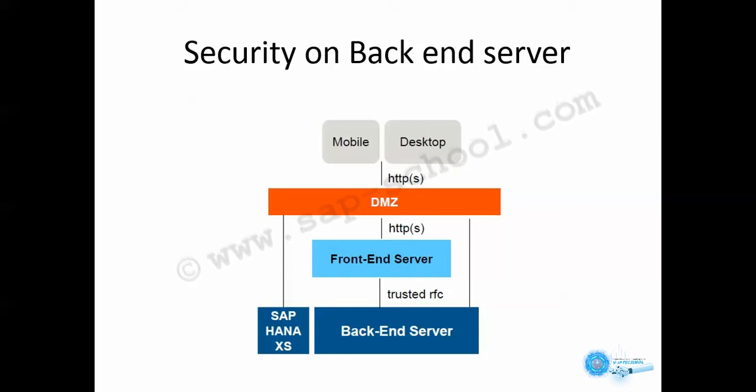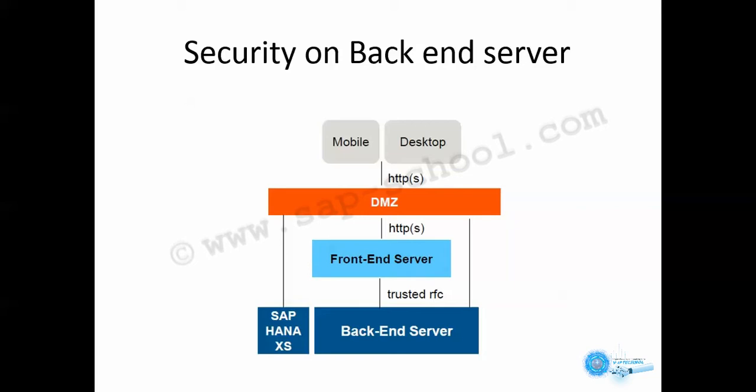Now, once that request reaches the front-end server, the front-end server has to move that request to the back-end server. So the segregation of security configuration and settings is not clear. Generally, it's not clear what applies to the front end or the back end or both, most of the time. So the transactional applications and the fact sheets send the OData request through the ABAP front-end server